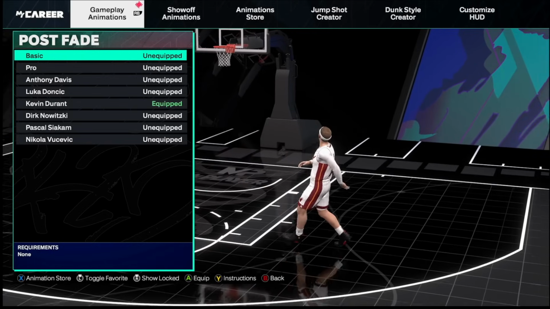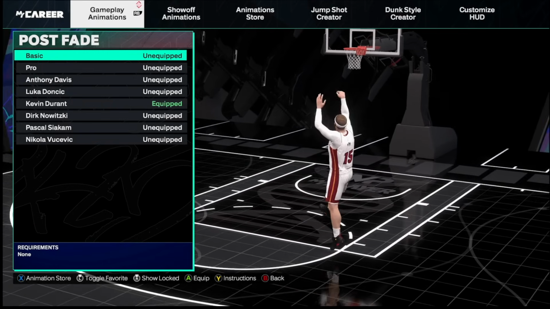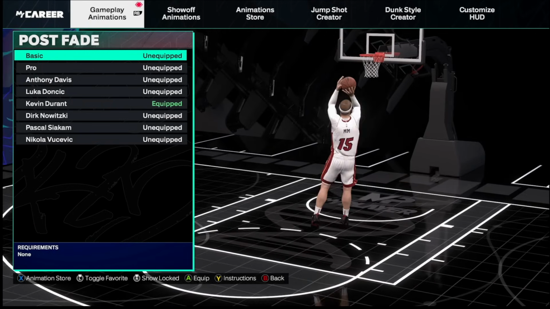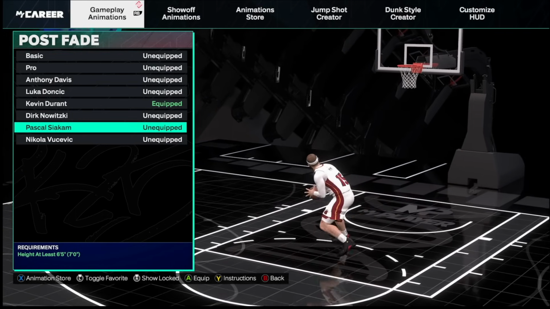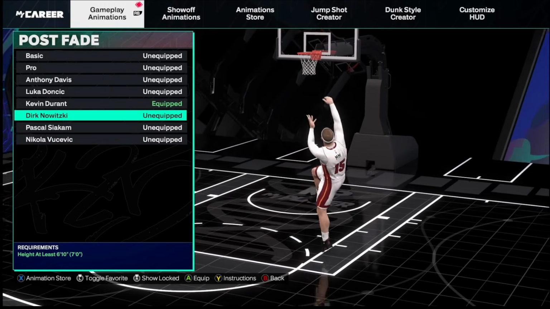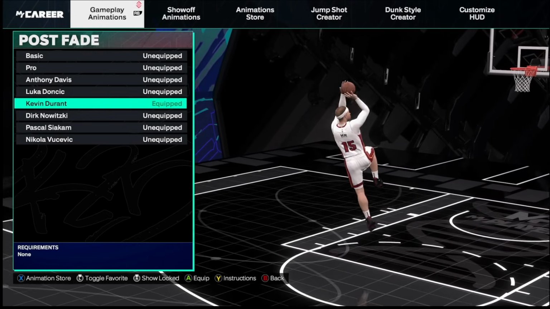Now, when it comes to the post phase, I'm not even gonna make y'all wait on this one. The post animations, we're gonna go over all this real quick. Post fade, in my opinion, you can go a lot of different ways. You can go quick with Vucevic, where it's quick and smooth. You got Siakam, where it's smooth, but a little bit slower. Dirk is Dirk. It gotta be. Come on now. Then if you want something similar to the Kobe MJ fade,